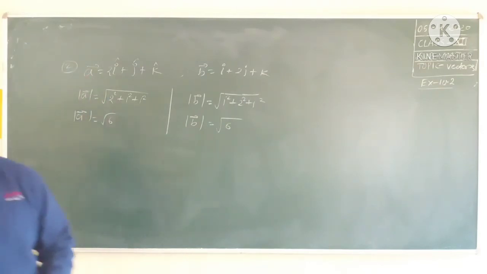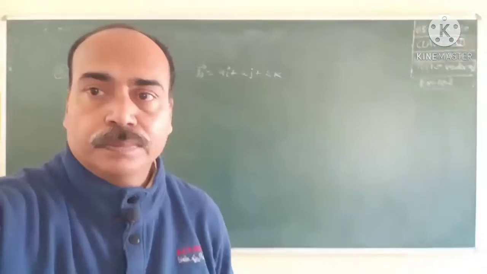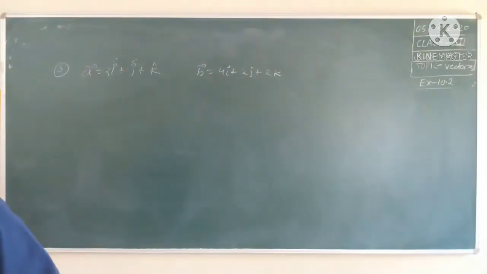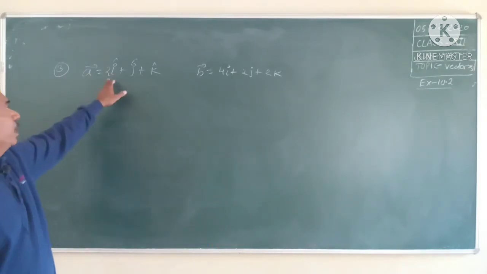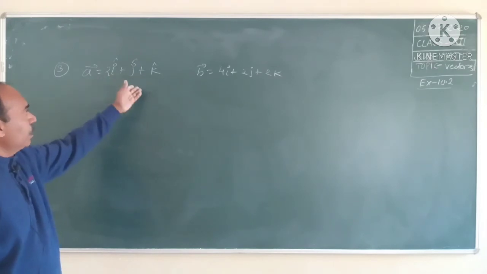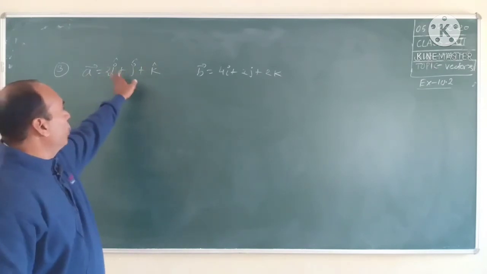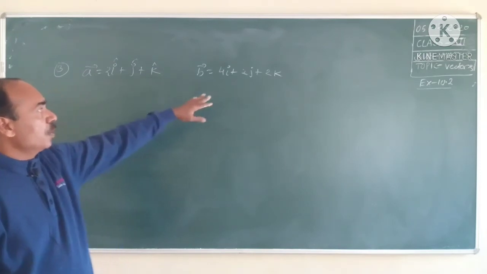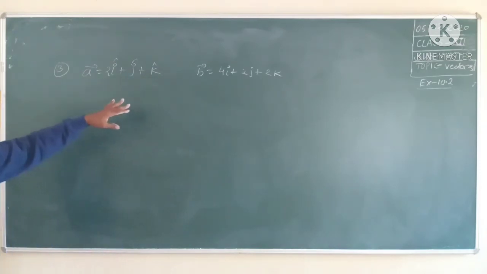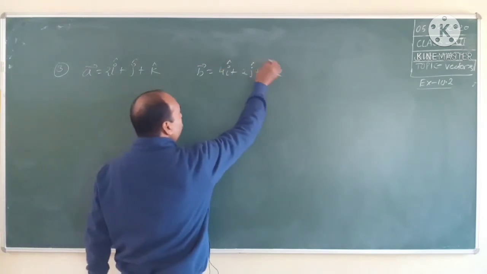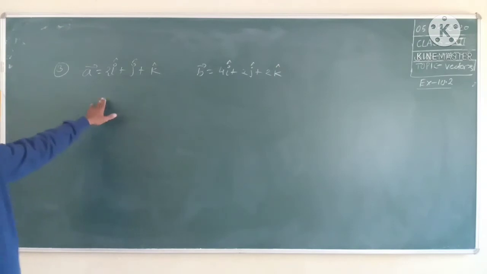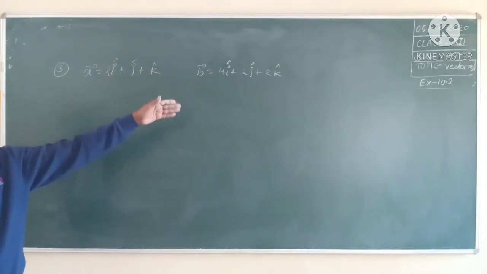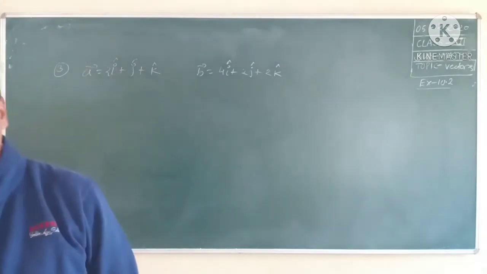Now next question number 3. We have to write two different vectors but having the same direction. Suppose the first vector is 2i plus j plus k, and if it is multiplied by 2, then 2 into 2 is 4, 4i plus 2j plus 2k. This is one more vector which is just double of vector A but the direction is the same. Both directions are the same. If you want to write i plus j plus k, then on that side 2i plus 2j plus 2k. Just an example.